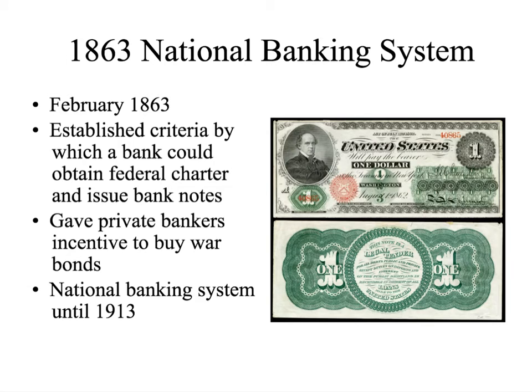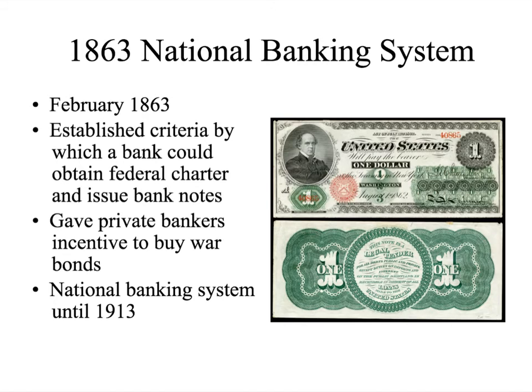In 1863, one of the things that we'll also see, because the Democrats were not there and the Congress is controlled by Republicans, is they established the National Banking System of 1863, and so criteria by which a bank could obtain federal charter and issue bank notes. And again, it's because the Democrats weren't there, right? So the Republicans were able to bend the Constitution, and so this will eventually lead to the national banking system that we see in